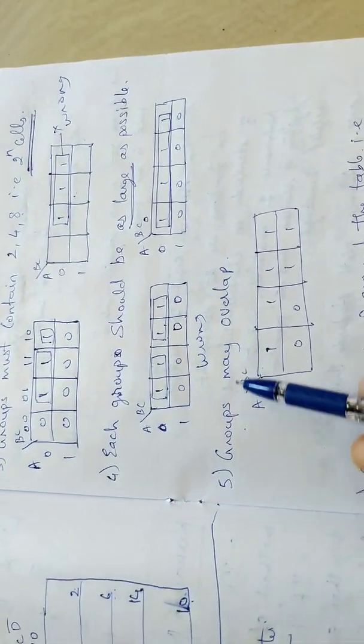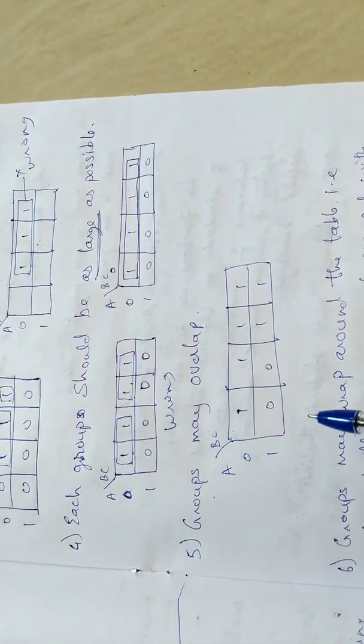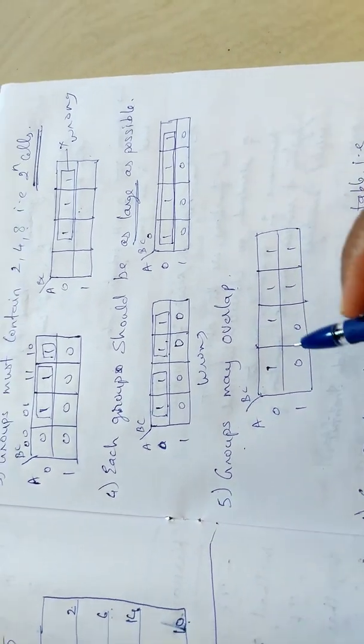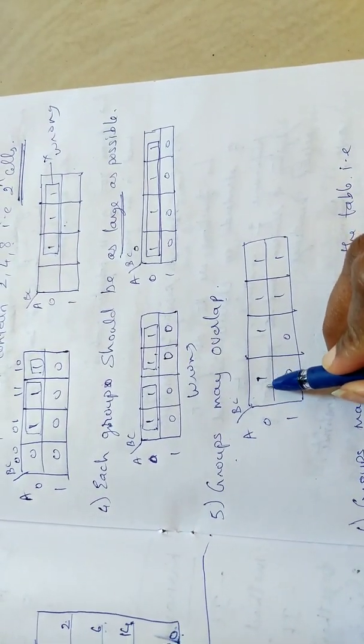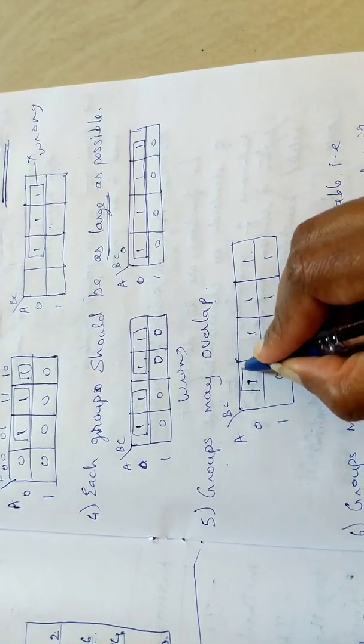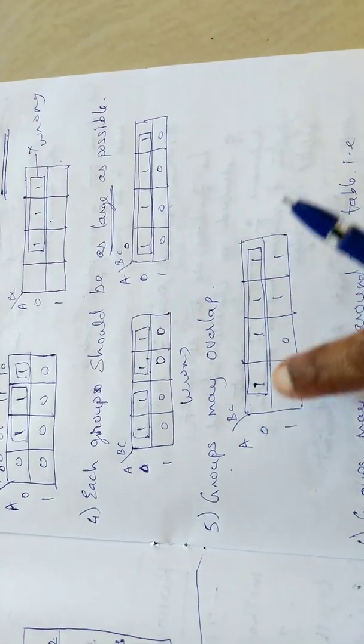Right. Groups may overlap. Groups can be overlapped. So here you see what a group is. I can make it as large as possible according to this rule. How much can I do? Can I make it 2, 2? Because I have 1, 4 is there. I can make a continuous group, this one. So this is one group which you already know, the maximum group.